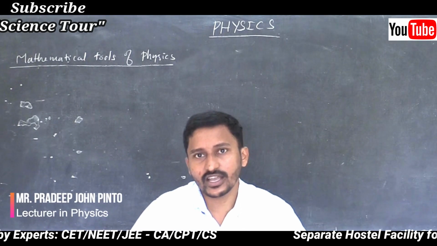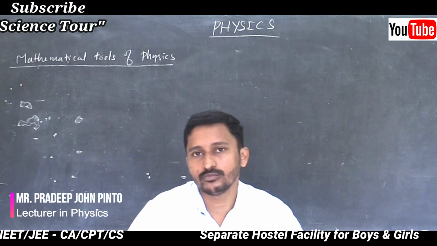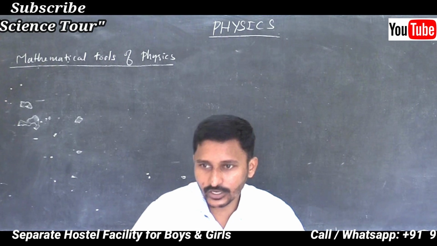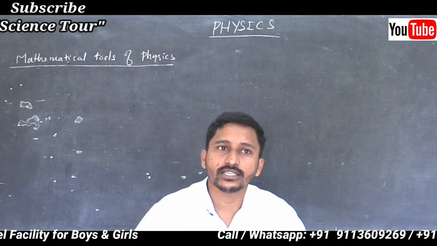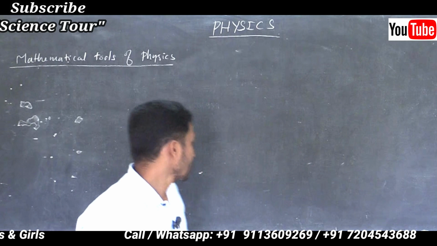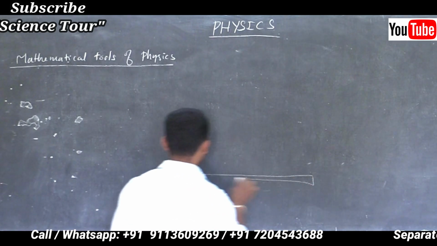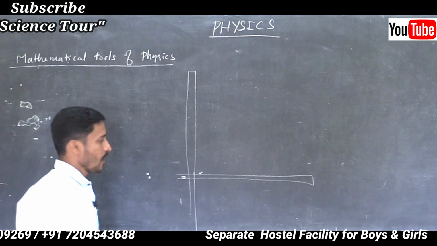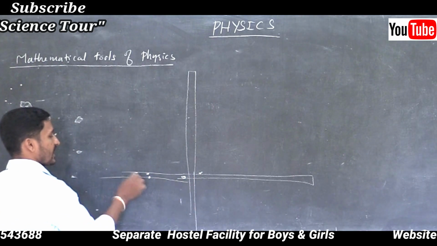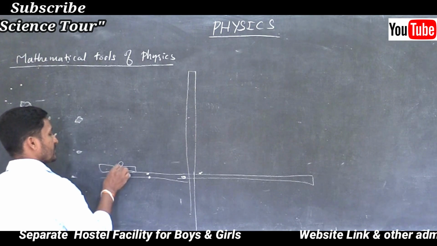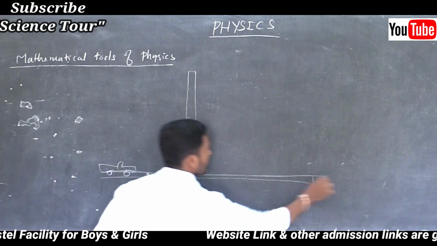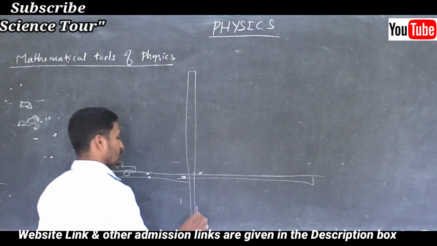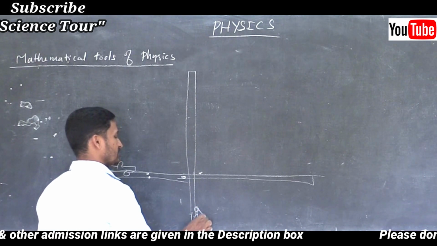One example I gave you, that pulling object. Or one more example I can give. Say for example, these are two roads arranged rectangularly. One car is coming in this direction, imagine very fast. Now you are driving in this direction, or you are on a motorcycle, driving in this direction.